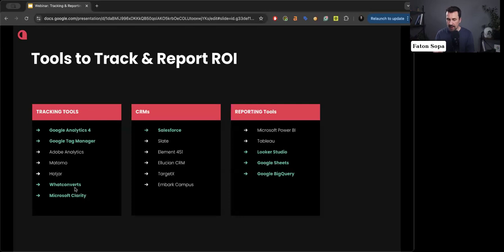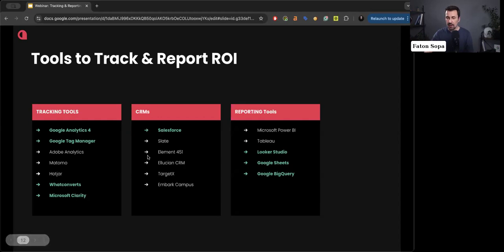WhatConverts is another tool that we often recommend. They are much better than GA4 at registering the journey of the user before and when they enroll, and tracking the real source of that user.